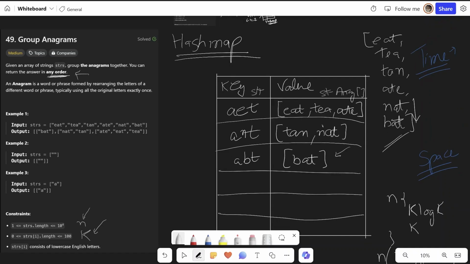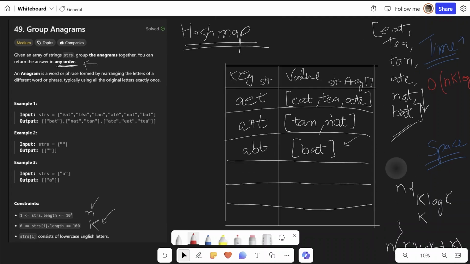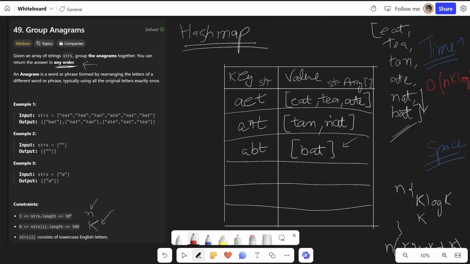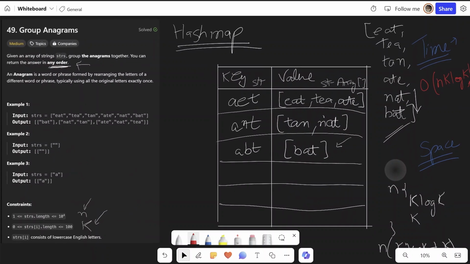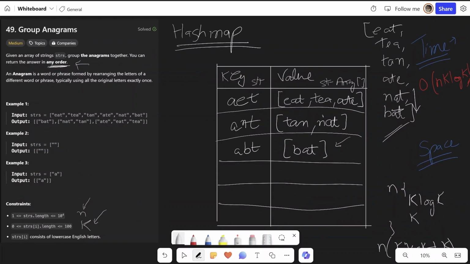So let's just write it down. Let me use a red marker. O of nk log k. Okay, and what would be the space complexity for this? We are only using the hash map to store everything, so space complexity would be the number of strings times the length of the strings.